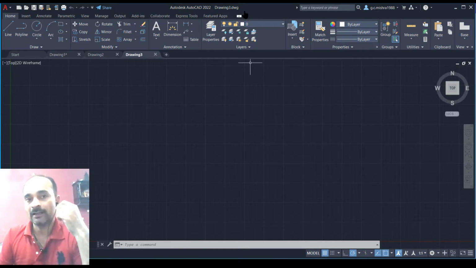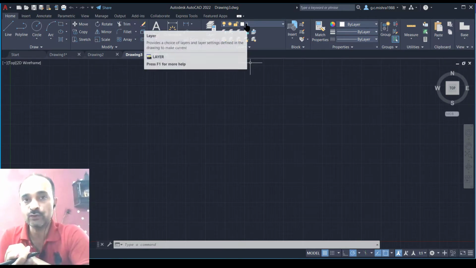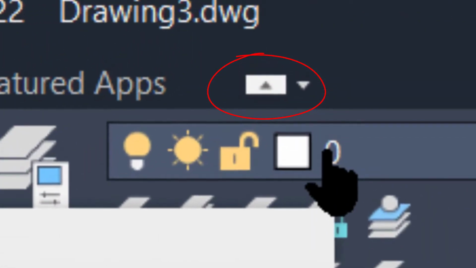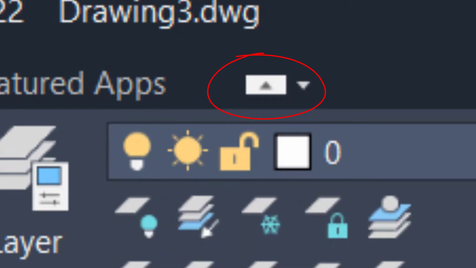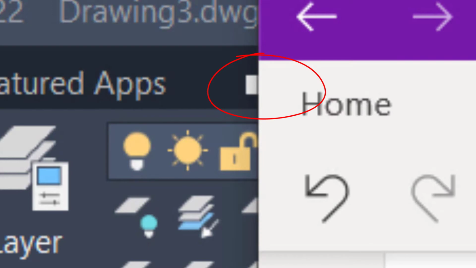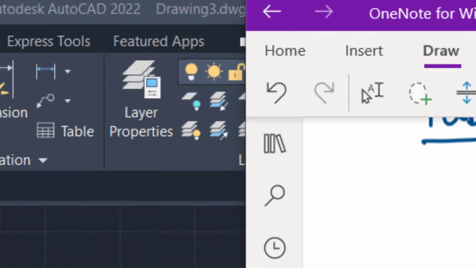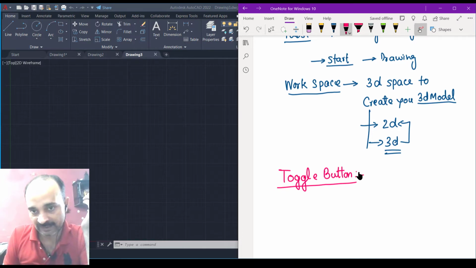After this, I am going to show different views of these. One small YouTube type icon exists here. Sometimes it confuses you. Different interfaces can show you different types of ribbons and different types of menus. So I will be covering this toggle button, which is important for a new learner. That is called the toggle button.